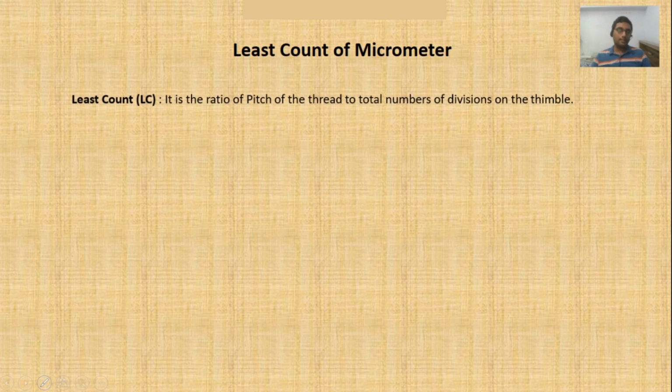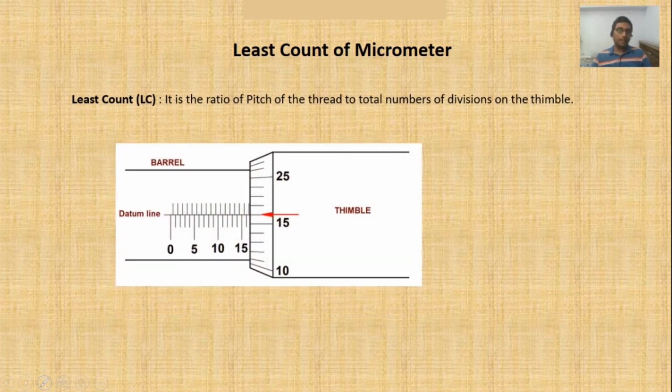Now let's see it by an example. If this is a micrometer, let me show you with a laser pointer. If this is a micrometer having 50 graduations on the thimble scale, say 50 graduations. Now the sleeve scale on the barrel is such that this is 0, this shows 1 mm, but between 0 and 1 there is another graduation. This graduation shows 0.5. So when you rotate the thimble, that is 50 graduations, the thimble will advance 0.5 mm on the barrel.